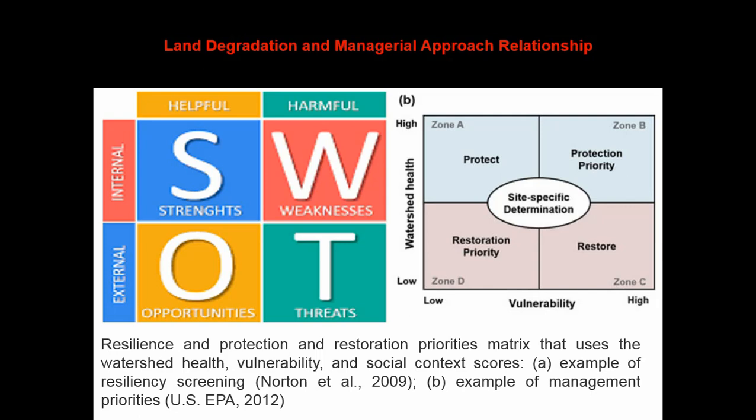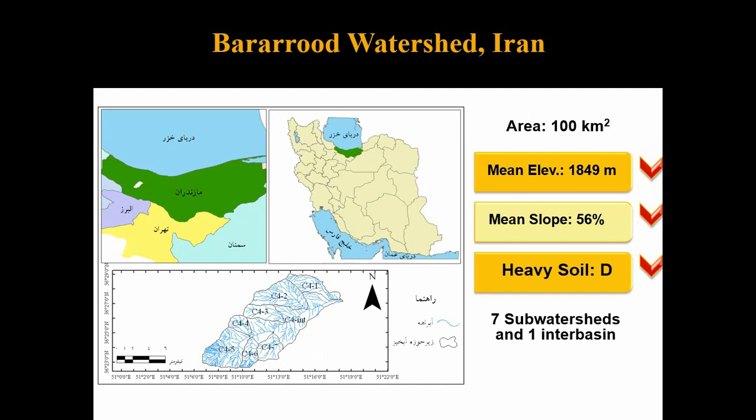It gives us some manner of management. It gives us how we have to deal with our watershed. To exemplify what I have discussed here, I would like to show you how these approaches have been practically used